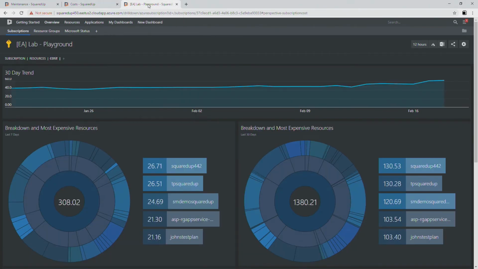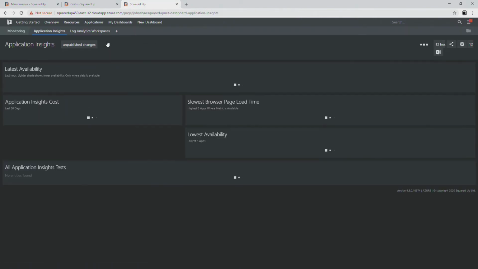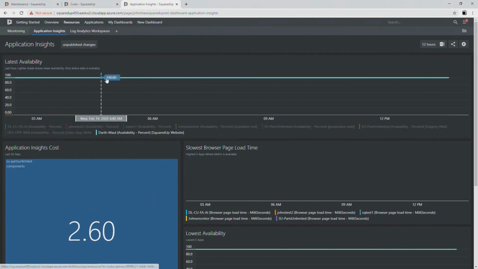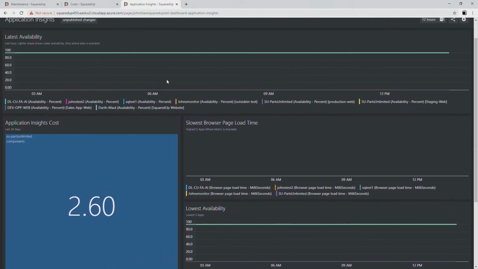I want to quickly mention it's not necessarily a new feature, but it's something that I want to highlight that you can do with the product, thanks to something that Microsoft has added. When you do a fresh install of version 4.5 of SquaredUp for Azure, we've put, as before, some pre-built dashboards in. We've added a couple of new ones. One of them, under monitoring, is Application Insights. And if you go to this dashboard, it's going to show you what's going on with the